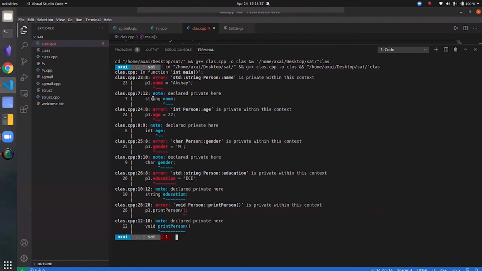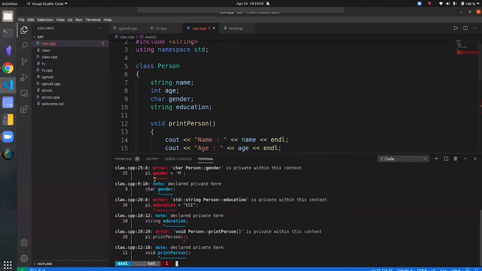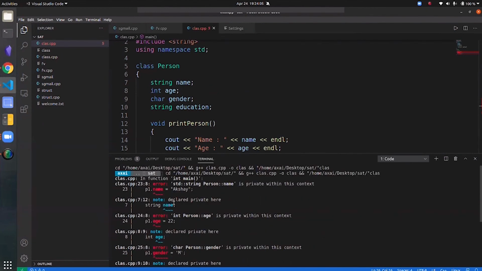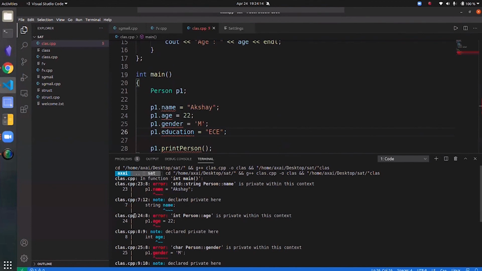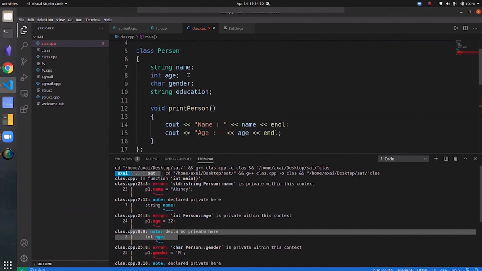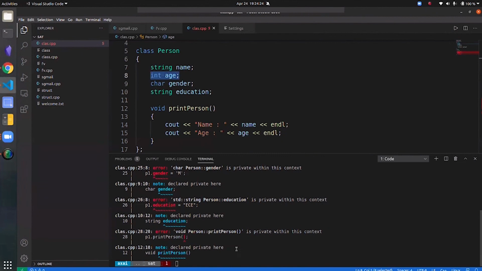Again, the same error. The string name is declared private here on line 7. Again, int person age is private within this context. Age on line 24 is private within this context because it has been declared private here. It's pretty much the same error for the rest of these things as well.